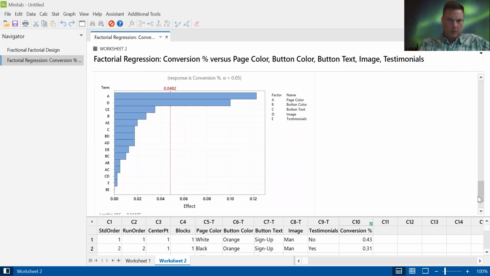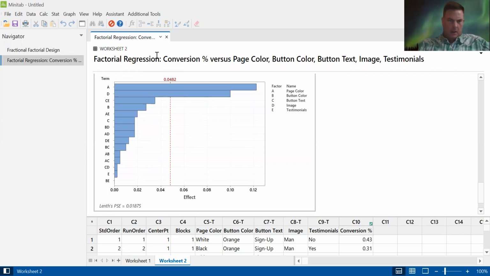So that's what your estimated p-value would be. And this is based on the Lenth's PSE, which is Lenth's pseudo